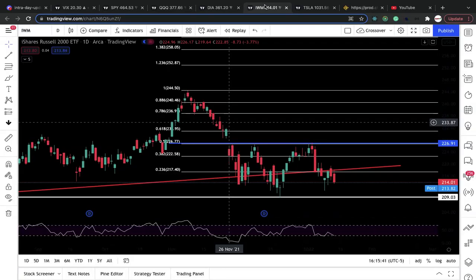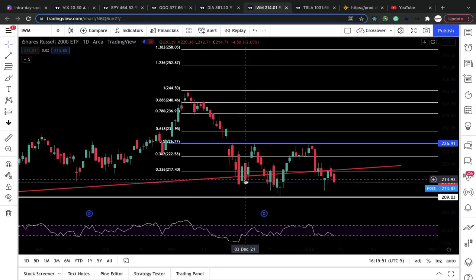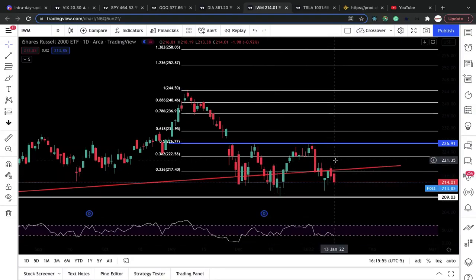IWM, holy moly, so bearish. Okay, bearish. All right, it's possible that we could potentially have this inverted head and shoulder. This is the left shoulder, head. This is the right shoulder, just messing around. But as of right now, this is subject to change, keep in mind, but as of right now, you see